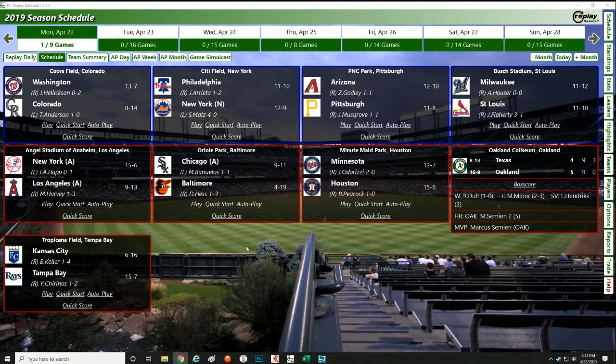I'm trying to get a good variety of all the different teams. I don't think we've done Minnesota yet. And I don't think we've done Houston yet. So we'll probably do the